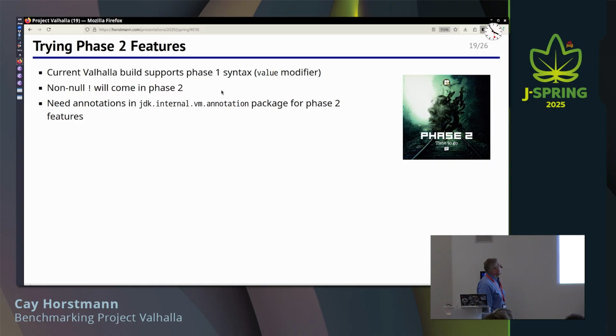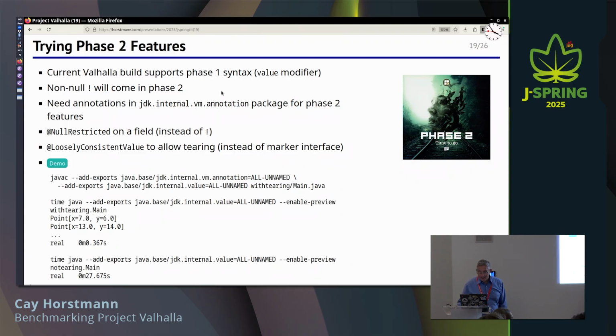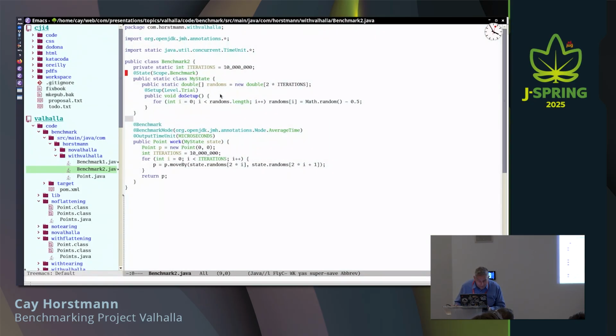So anything that uses anything other than value, you need to use some annotation. There's an annotation called null restricted, one that's called loosely consistent values to allow tearing, and there's a couple others that we will see later. So what you have to do then is allow those internal annotations. So you have to do the usual kind of module defeating thing that we all love to get the thing to compile. And so let me just show you the program that we're doing here